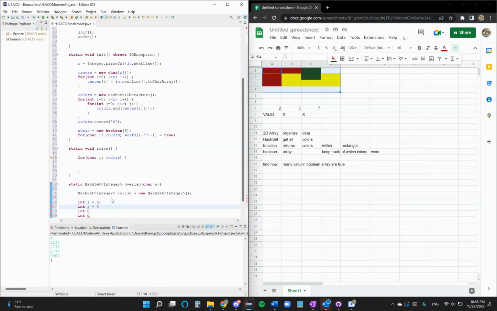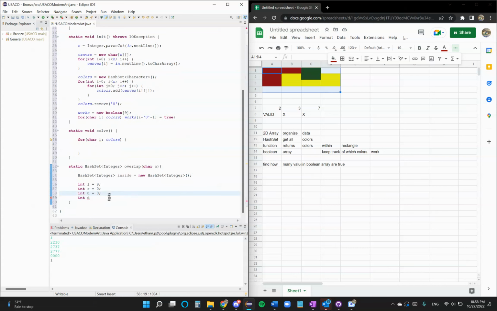R should be 0 since it's going to be the minimum index. Up should be 0. And down should be 9. Okay. So now we're going to have to go through each of the squares in canvas, right? So for int i equals 0, I'll just